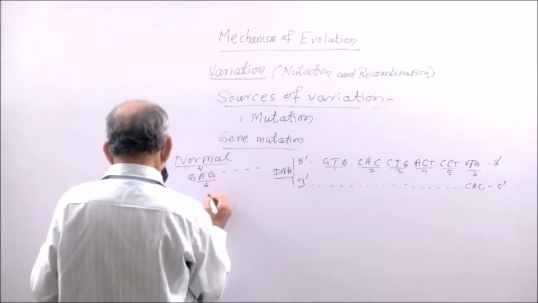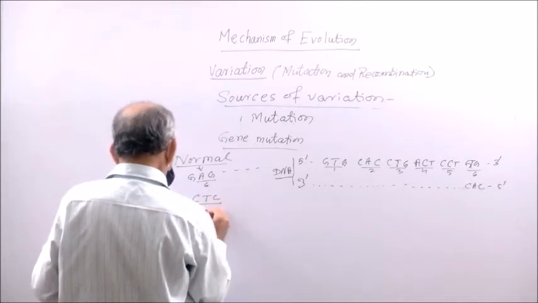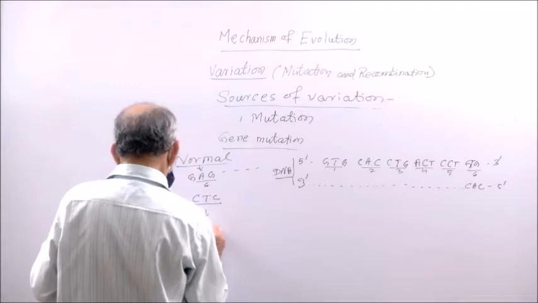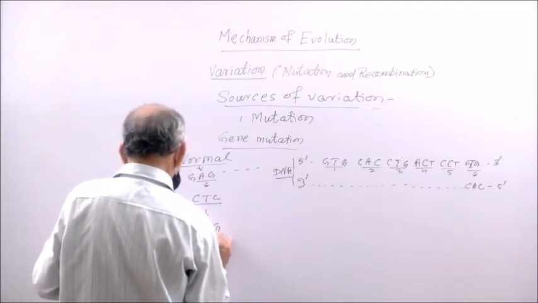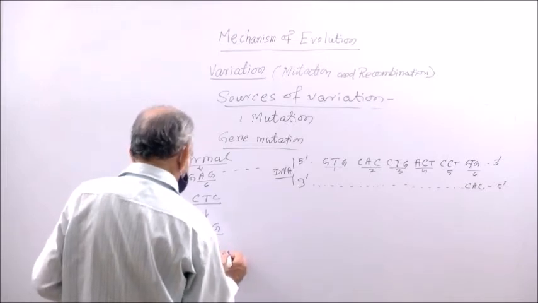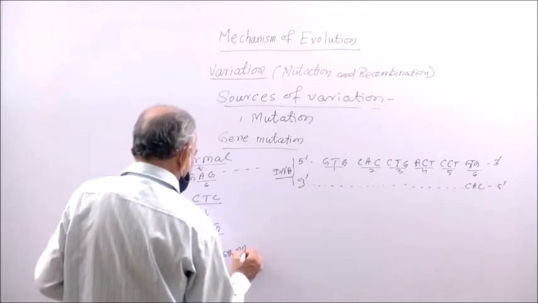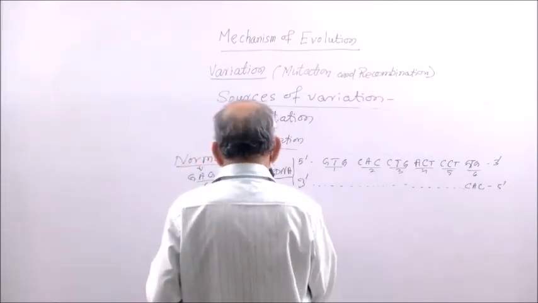Now CTC, then GAG, 6th one, and glutamic acid. This is the 6th amino acid, and here mRNA, messenger RNA,